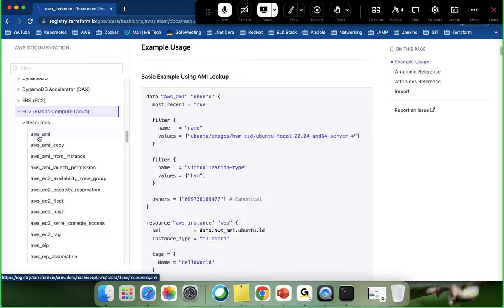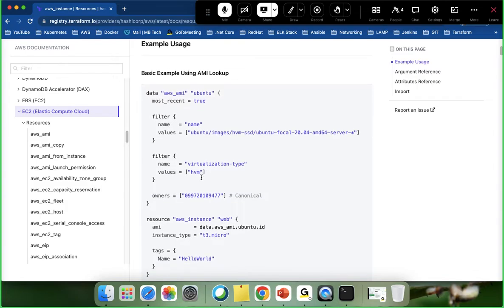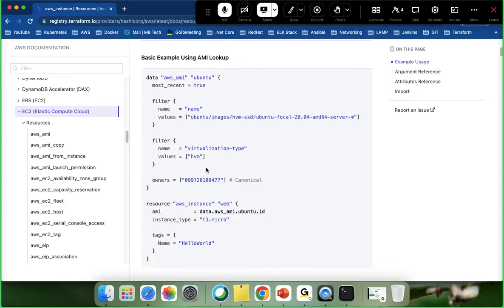Using the AMI resource block, you can fetch that image ID and then provide it. So before moving to the AMI, I'll just show you some small things,